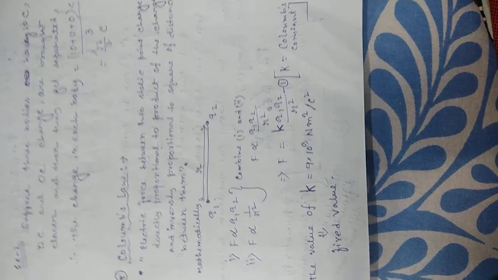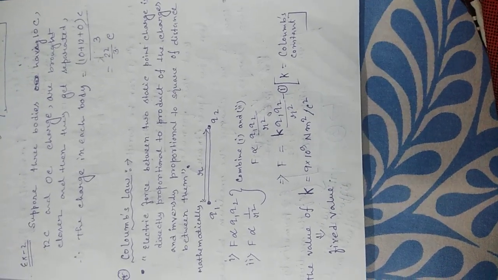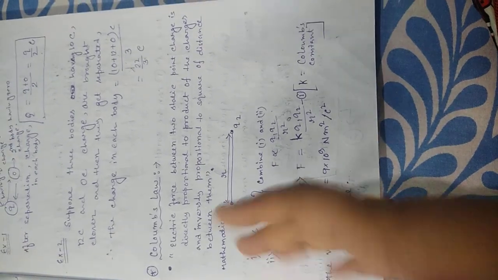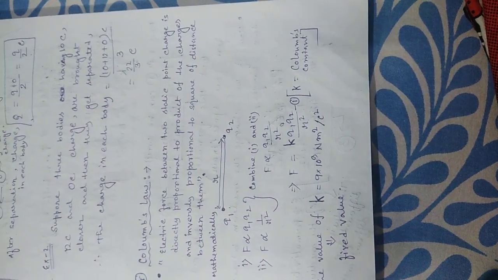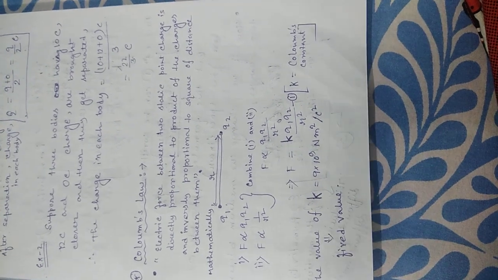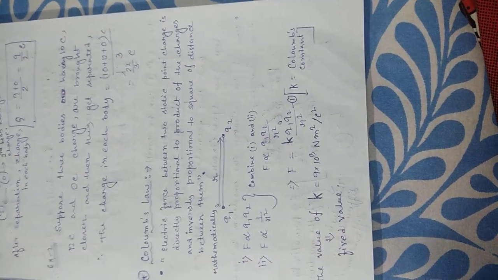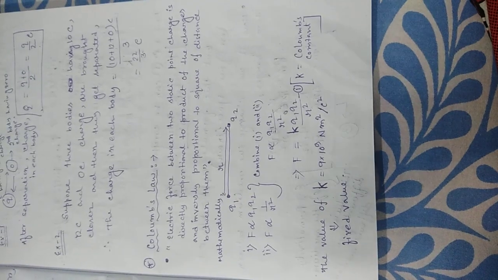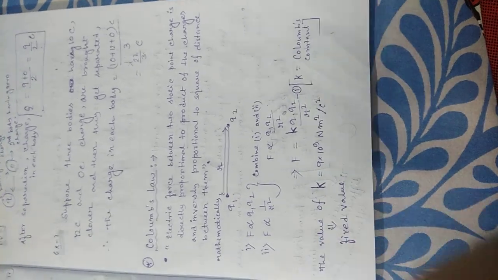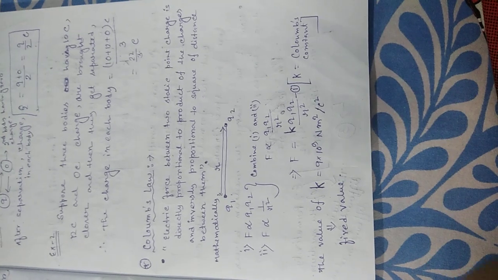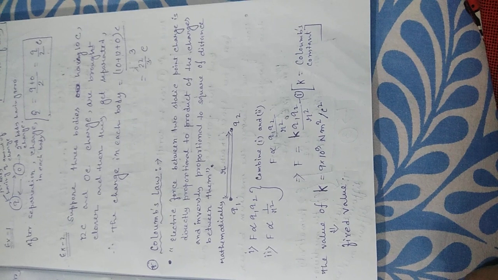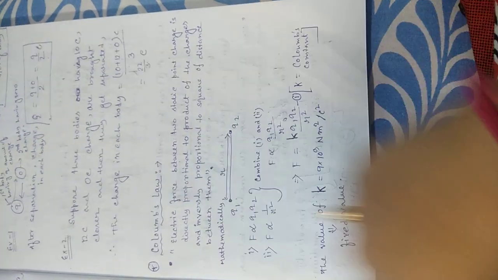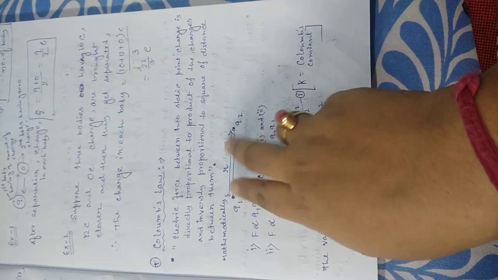Coulomb's law. In class 10 or 9 we studied the gravitational law, Newton's gravitational law. It is a little bit similar. In Newton's law of gravitation, we talk about two bodies. Here we talk about two charges, but the concept is the same. What is that law? When two charges are placed at a certain distance, suppose q1 and q2 are two charges and the separation between them is r.